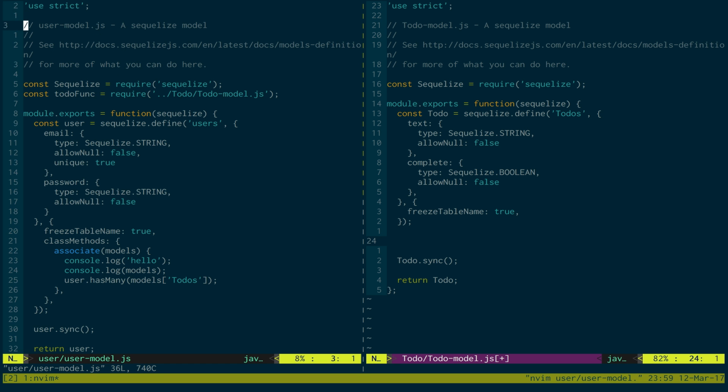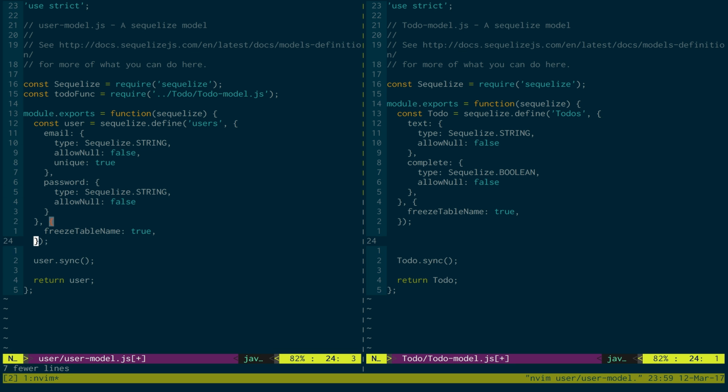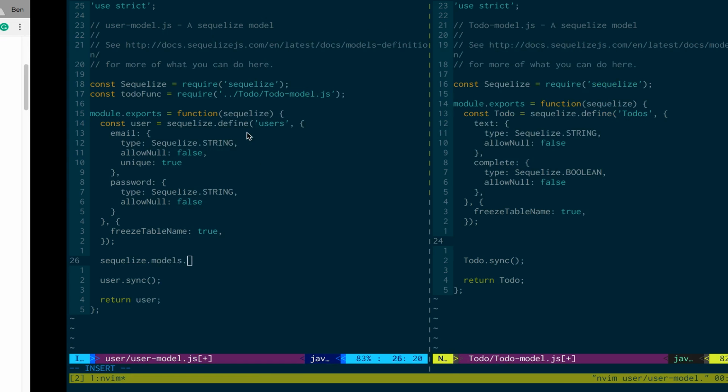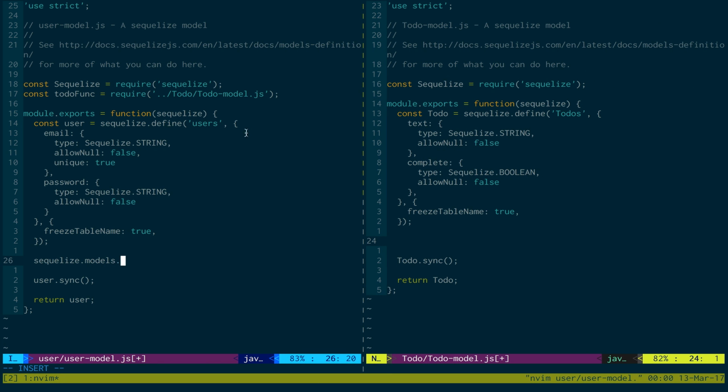Okay. Can get rid of this. And then user, I want to say sequelize.models.comments dot, is it okay. So user dot has many